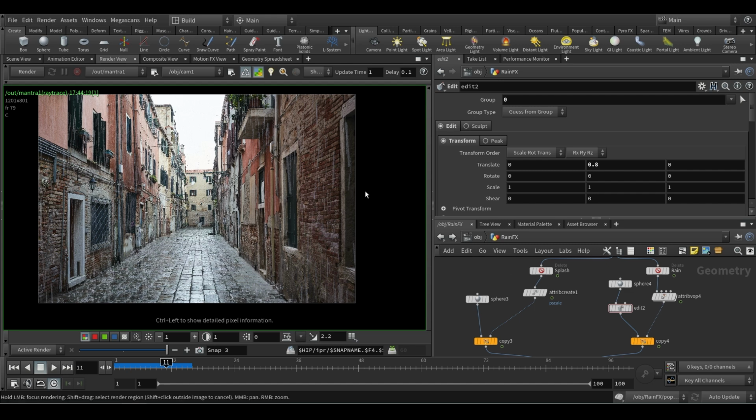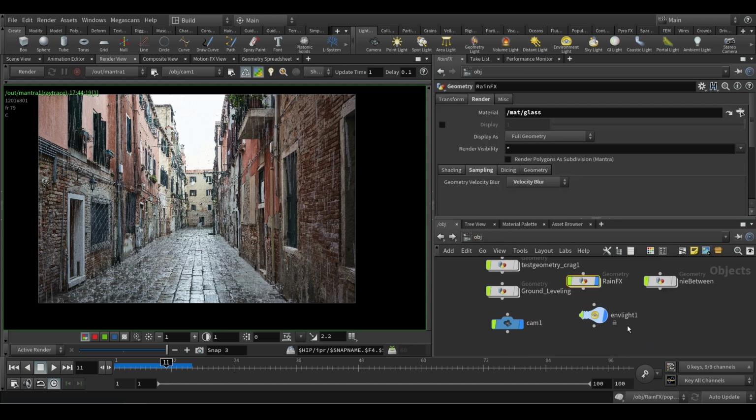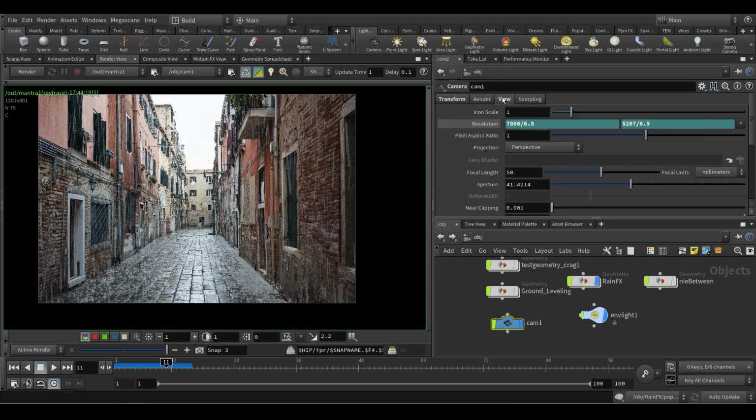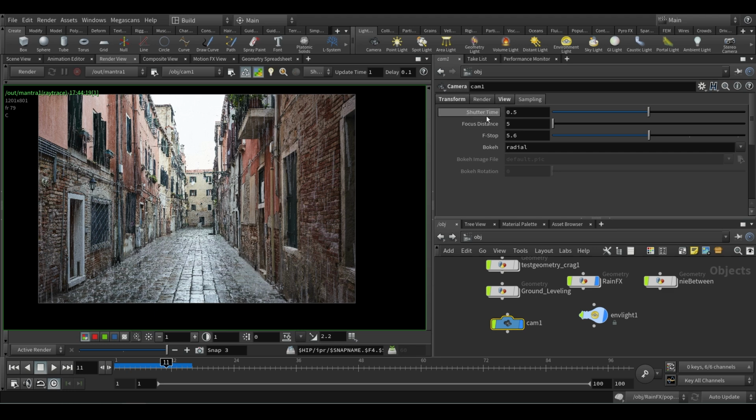And you can control this motion blur in two ways. So one is, in case that doesn't work for you, in the camera, you can go to the sampling and play with the shutter time, not like 1 or 2, give it 0.1, and this will change the motion blur captured value.